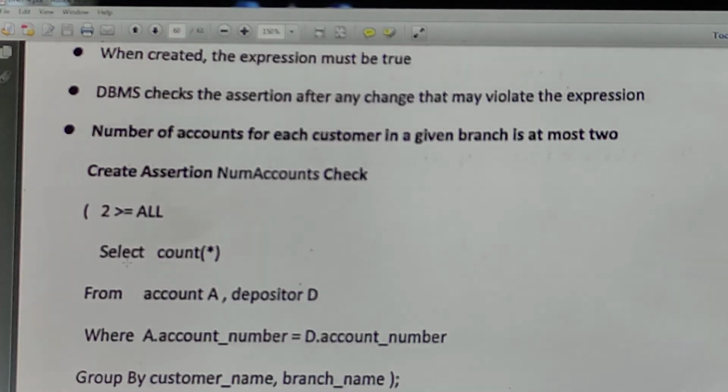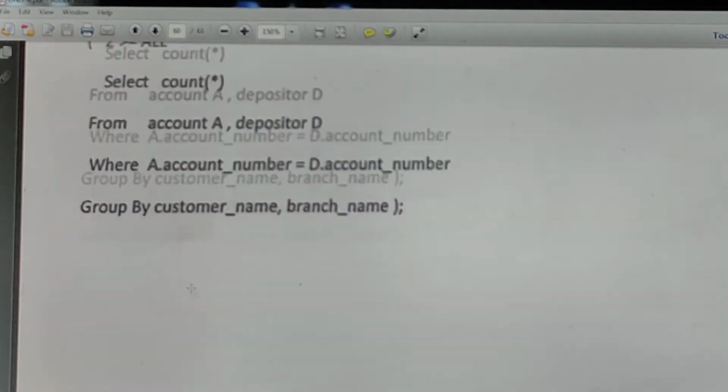This is the query. Select count star from account A, depositor D, where A dot account number is equal to D dot account number, group by customer name and branch name. We are actually checking the number of accounts for each customer, grouped by customer name and branch name, including all the branches, right? And we are counting it. If it is greater than or equal to 2, then we have created an insertion, right? We are just checking its value.